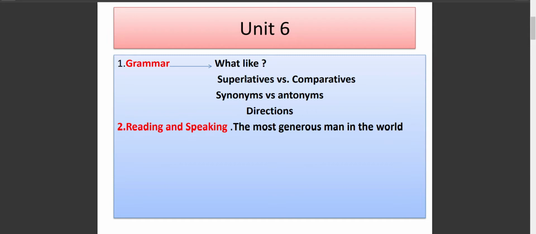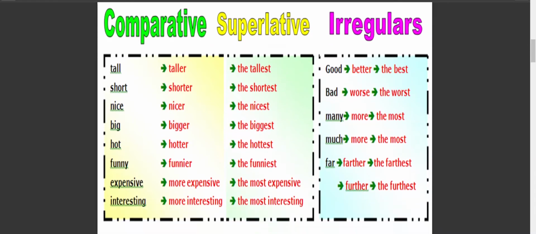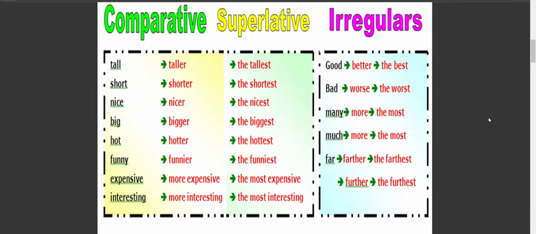الموضوع الأول يتحدث عن درجات المقارنة، right؟ هذه المواضيع مهمة جدا. والموضوع الثاني يتحدث عن المرادفات، الفرق بين السينونيمي والانتونيمي. هذه الانتونيمي موضوع جديد عليكم. directions السؤال عن الاتجاهات في اللغة الإنجليزية، ومن ثم سنتطرق إلى الموضوع الثاني اللي هو reading and speaking. Right? So now let's come to the first one. This, I think most of you have an idea about this. لكم عند فكرة عن comparative and superlative, regulars, right?